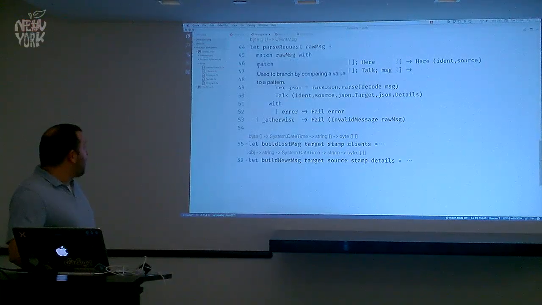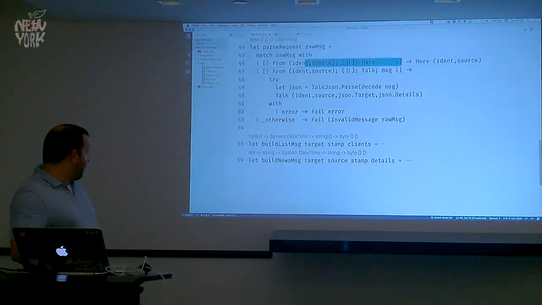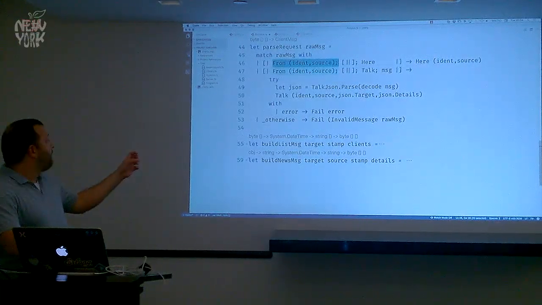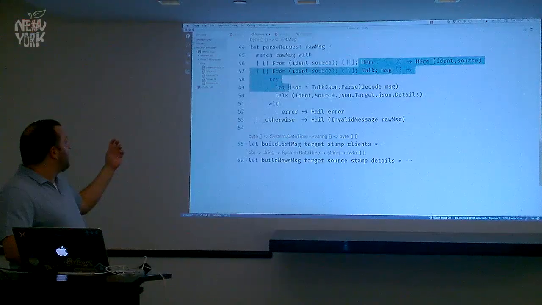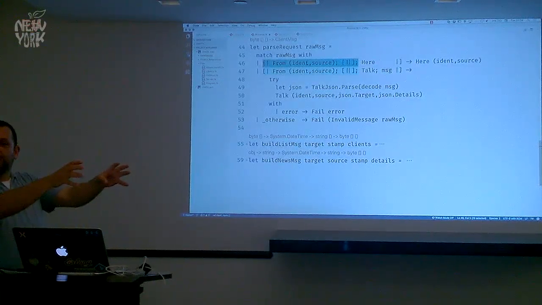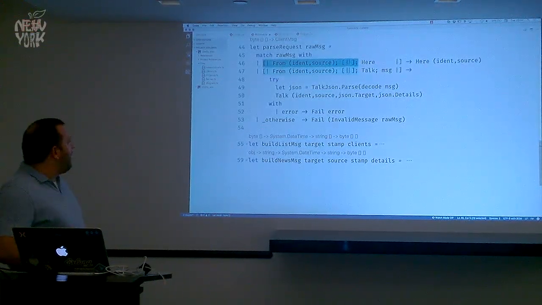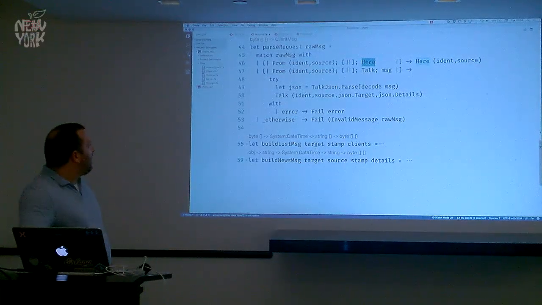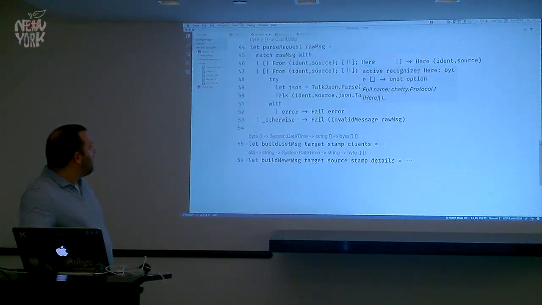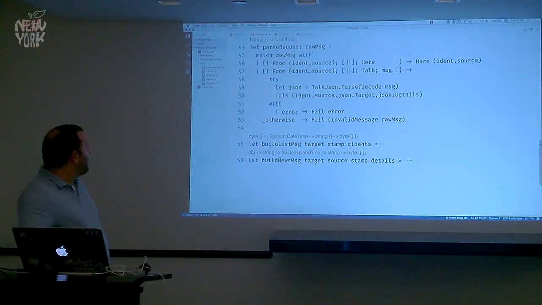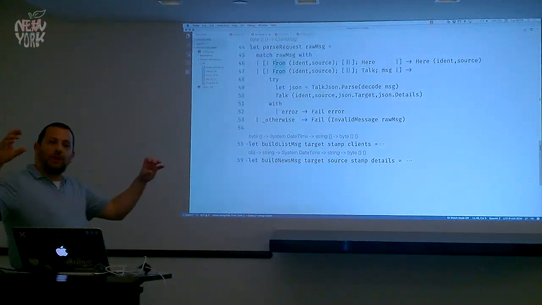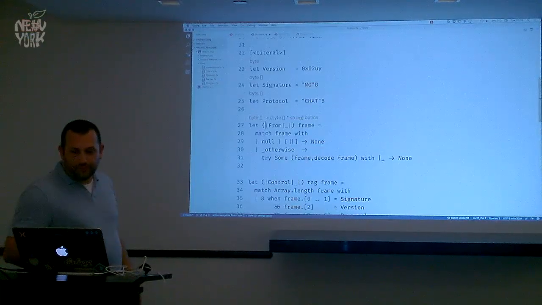So looking at our three-frame case, it's going to be a here message, so it's going to be the client's identity, our routing envelope, basically the client identity and the empty frame. It's the first two frames of our message for router dealer. And then the third frame would be the actual here control frame. I've gone ahead and defined here as an active pattern, and this active pattern basically takes that routing envelope frame and does two things with it.